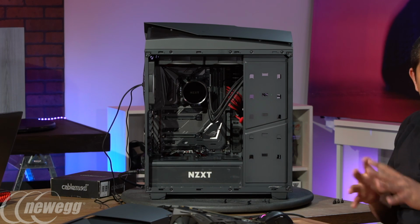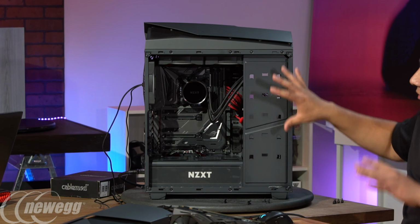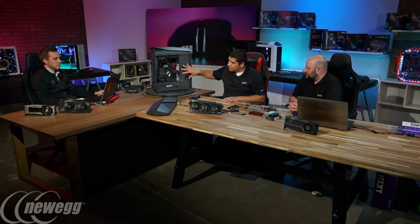So that's just going to help add into the red and black motif that I want to have, along with the gray, which is kind of our primary color that we're going to have here for the build. So I'm going to go ahead and start getting some of these items connected and go through some of these points. As we've done in our last stream, if you checked it out for our build,